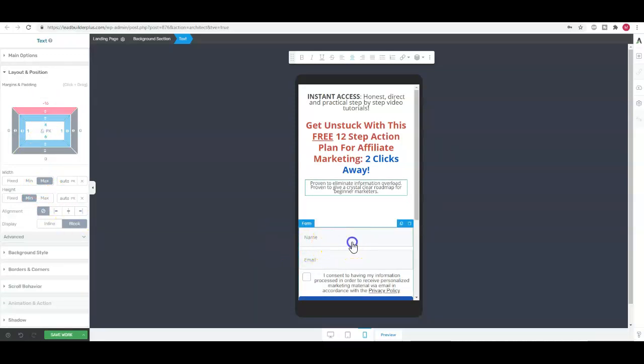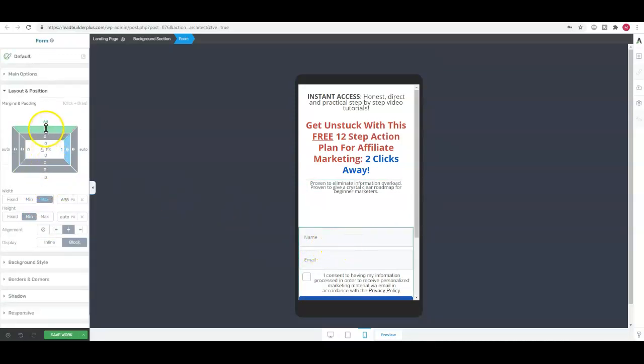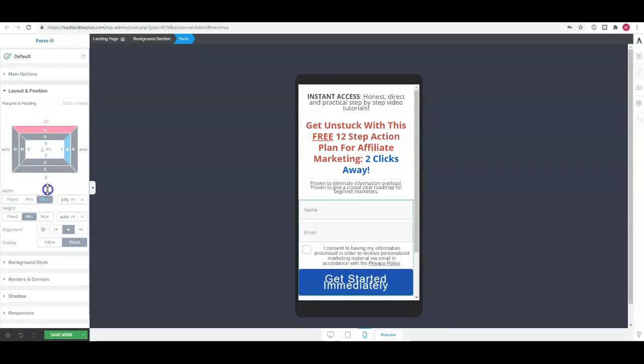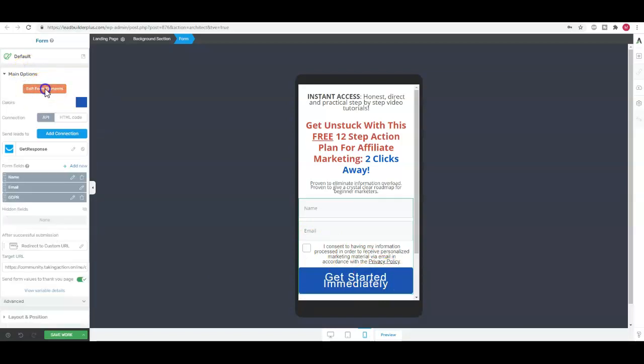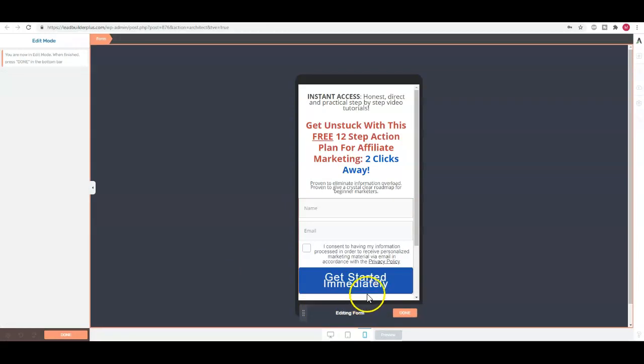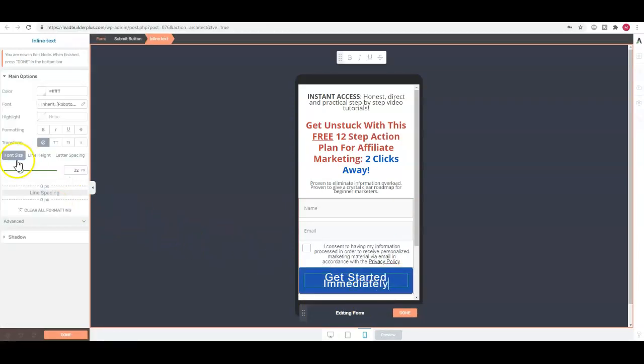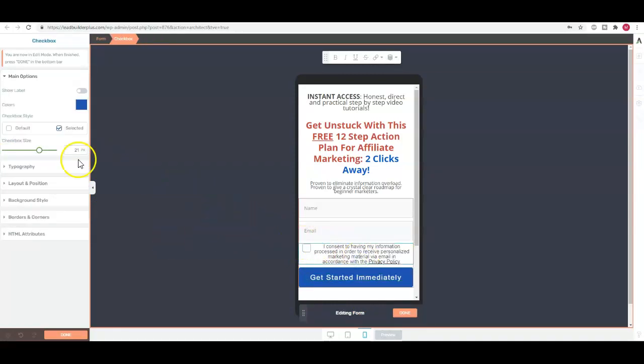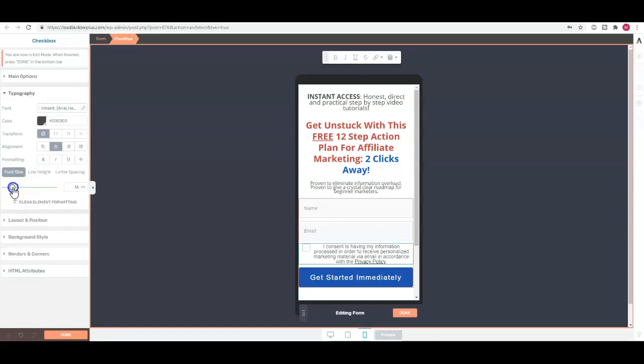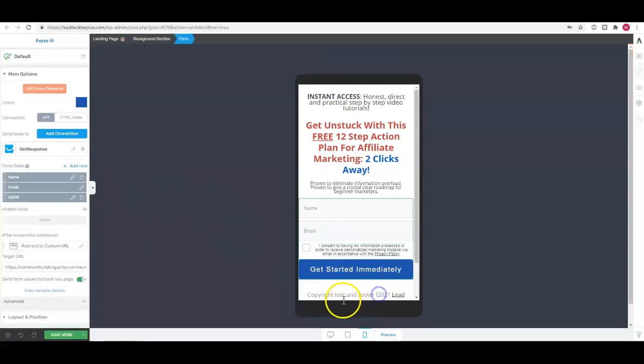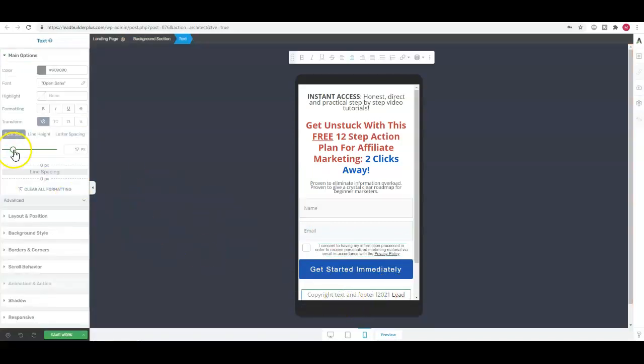And then this box needs to come up a bit there, and this button needs to edit form elements, edit the button. We need to reduce the font size there a bit. There you are. Okay, perhaps this one could be a bit smaller there,